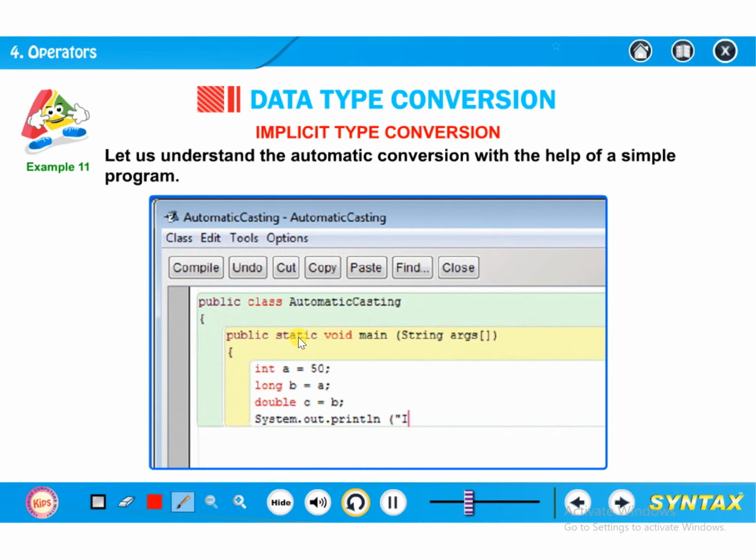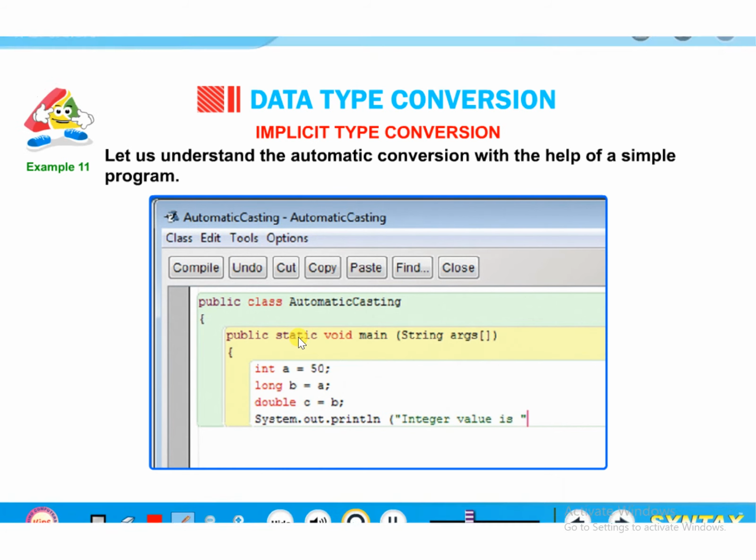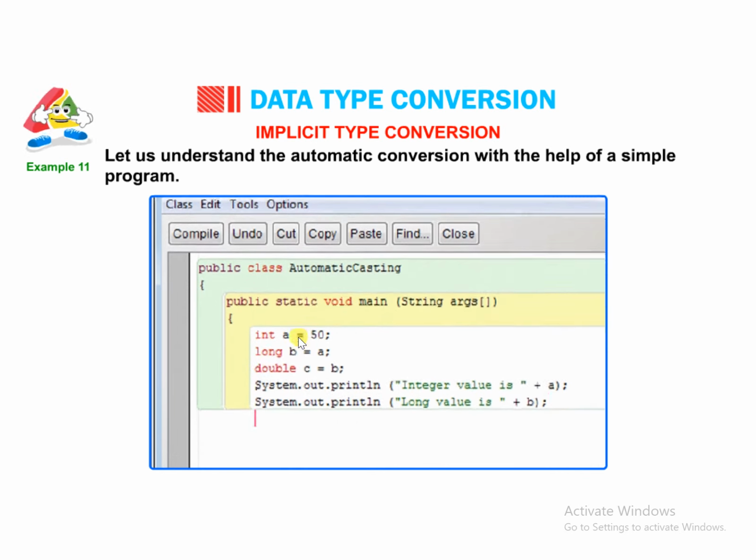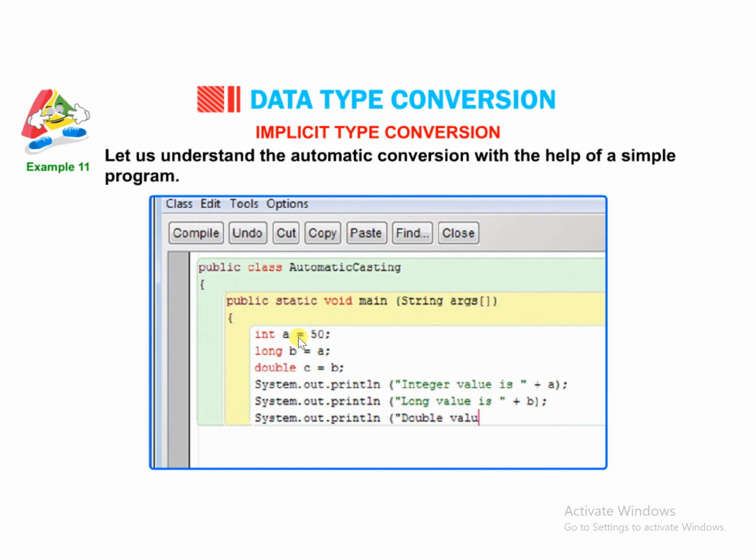System.out.println("Integer value is " + a); System.out.println("Long value is " + b); System.out.println("Double value is " + c); } }